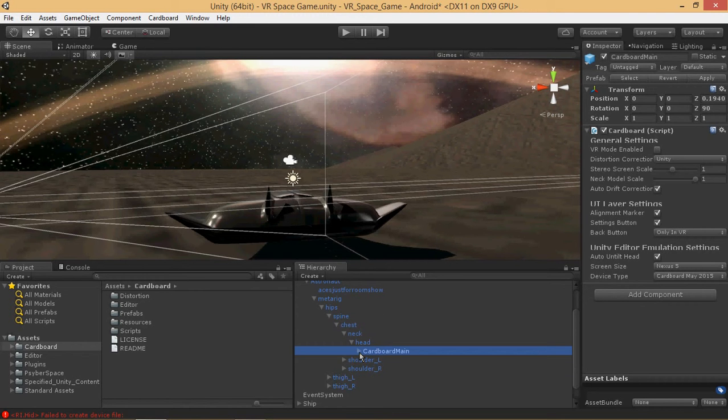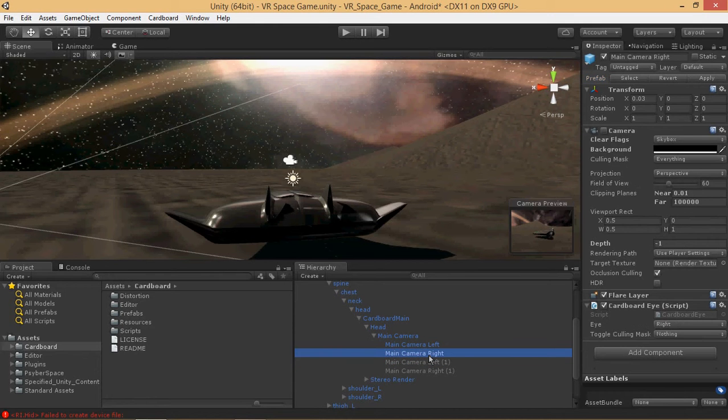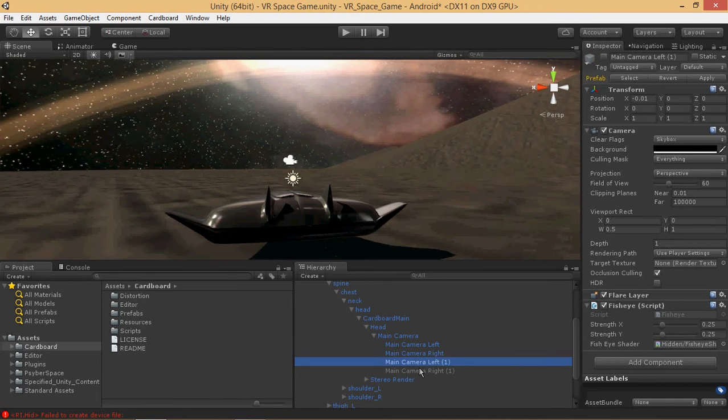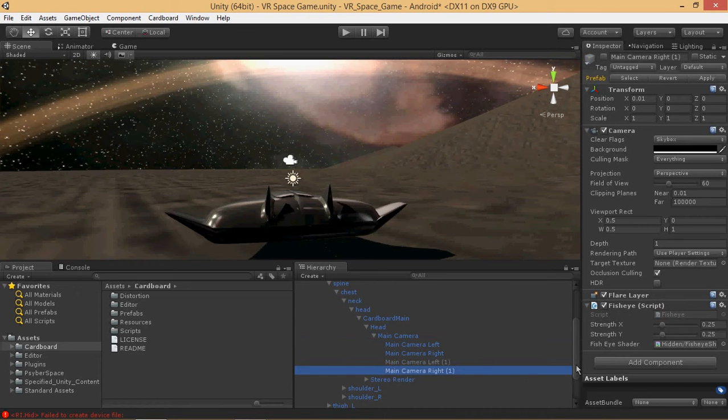And what I actually did last time was I told you to duplicate these two cameras and then set their depths to 1 so that they could render over these cameras, but for some reason it still seems that these cameras are rendering. So what I went ahead and did was I kept those cameras on there that we created, and on these cameras you can see there's a cardboard eye. Go ahead and take those off of these two cameras, which I already did, and you should be fine then,